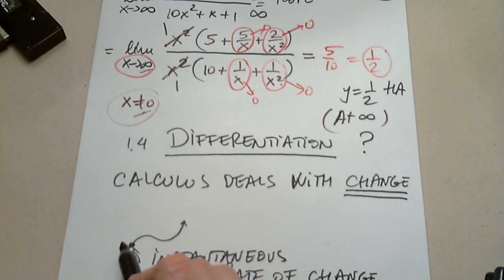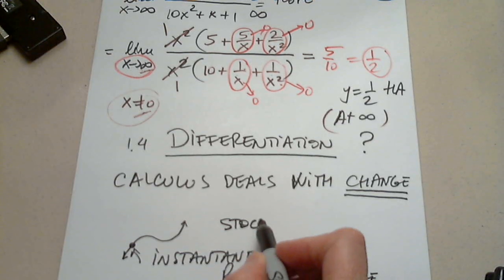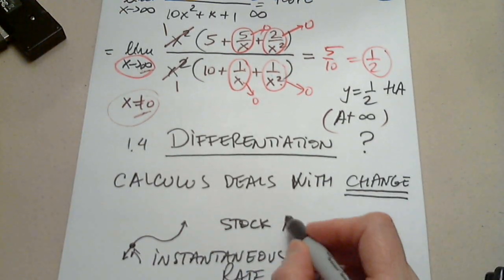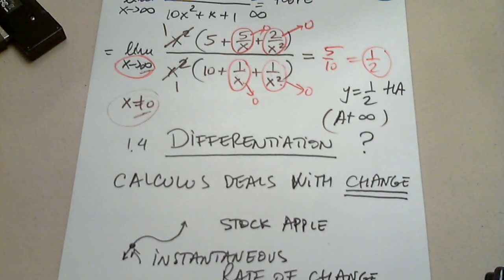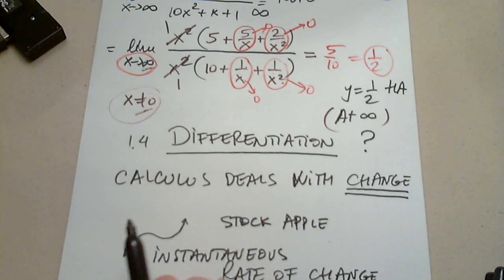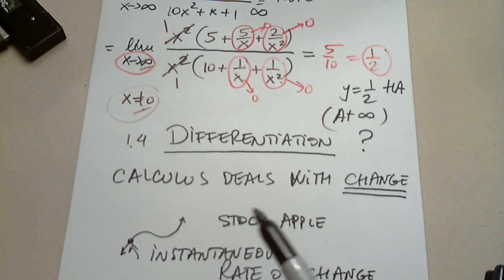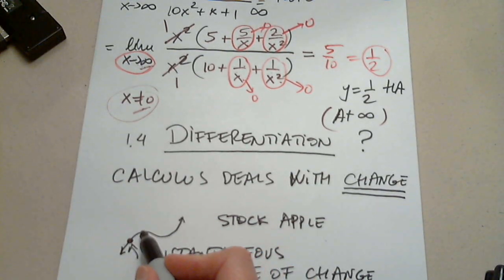I want to buy a stock, and for, I don't know, Apple, let's say. And I want to know if at this point the rate of change of the price with respect to time is positive or negative. I want to know if here